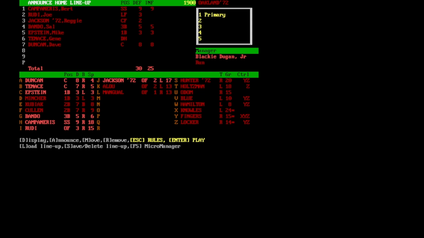Second base is going to be Kubiak or Cullen, right? Let's see. It looks like Maxwell played a lot of second, but I don't see him listed here. There's Kubiak, there's Cullen, there's Brown. Alright, well, on this roster, I've only got Kubiak or Cullen. I'll go with